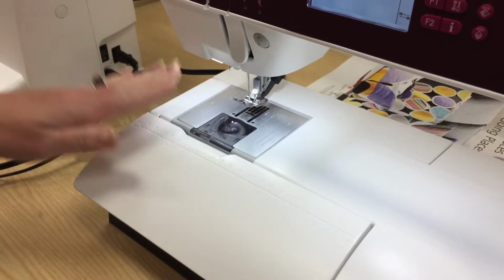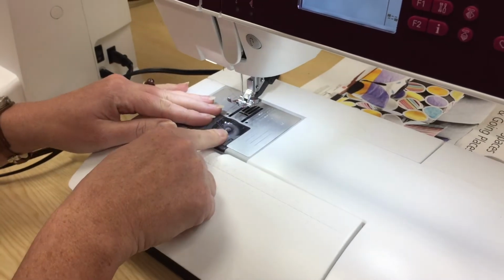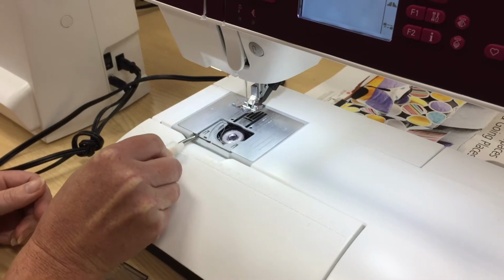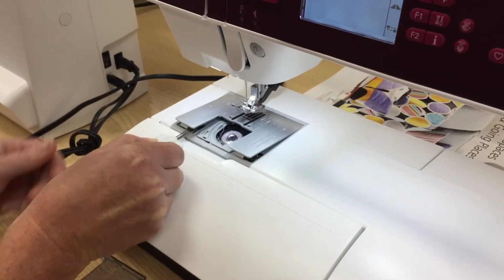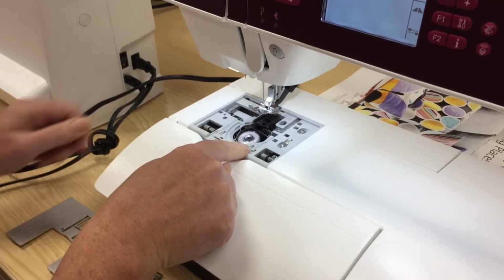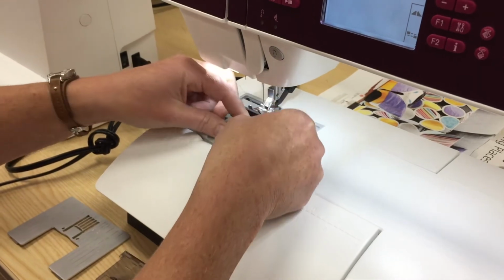I'm going to show you how to clean out your Pfaff embroidery or sewing machines. First, just remove your bobbin cover, take your screwdriver, put it in underneath this little lip, and you just pop your needle plate off. It's that simple. There's a little gray cover here. You're going to pull that out from the top, and then you can pull your bobbin and bobbin case out